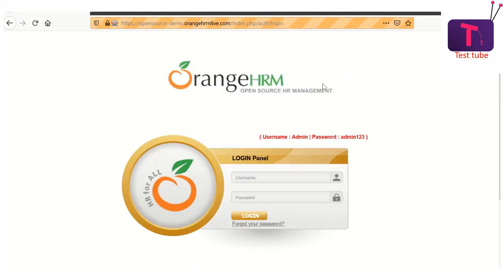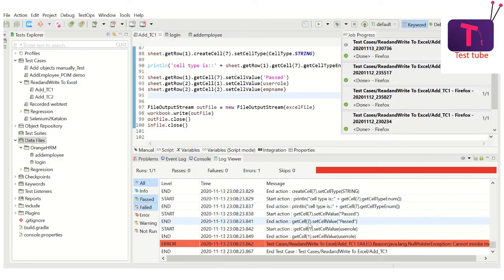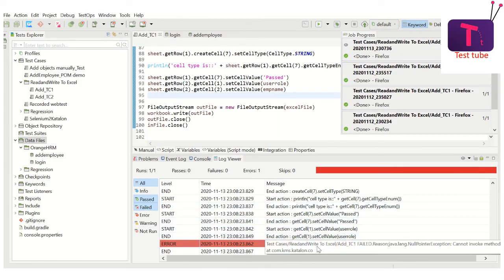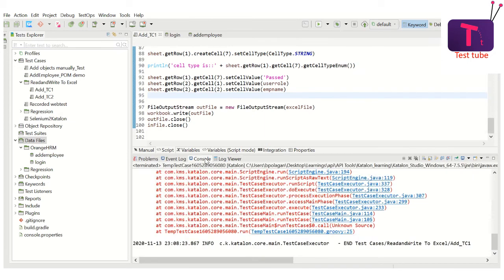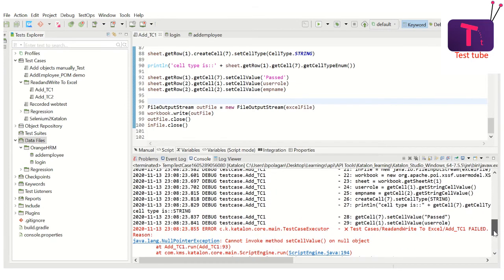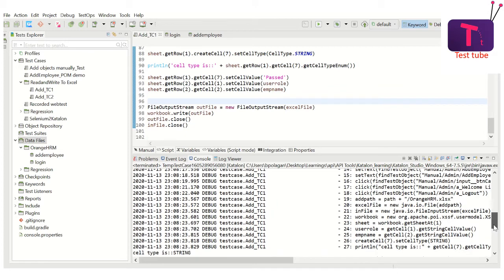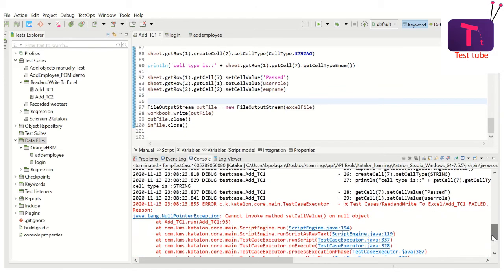So it has executed the test case, but it has failed to do some read and write operations. And as I said, I intentionally made it a failure because I want to demonstrate the common problems which may occur while reading and writing the data into an Excel sheet. Now let us see what this is.